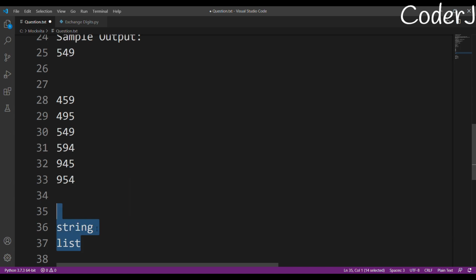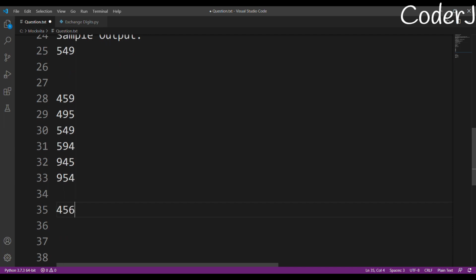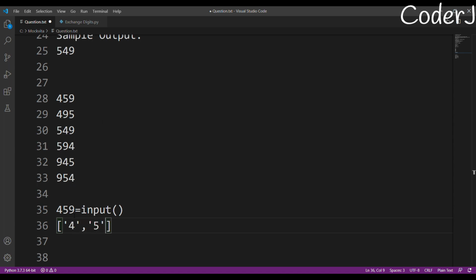So I'll just take my input as a string, so I won't typecast it into int. I'll have my input, and I'll get 459. After that, I'll use this permutations method that is provided in Python. I'm just giving you an insight of how this works.